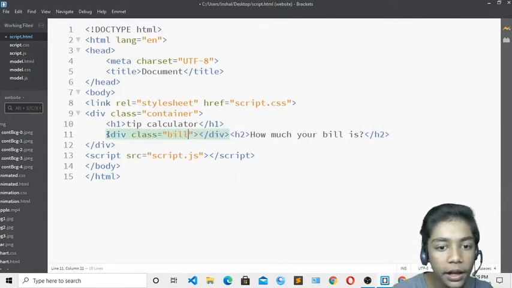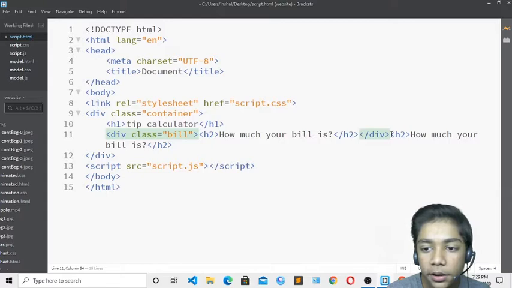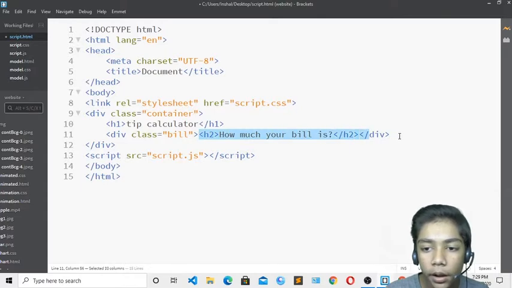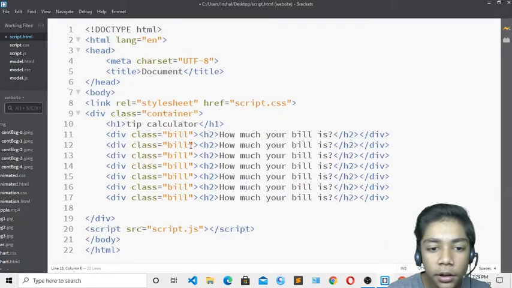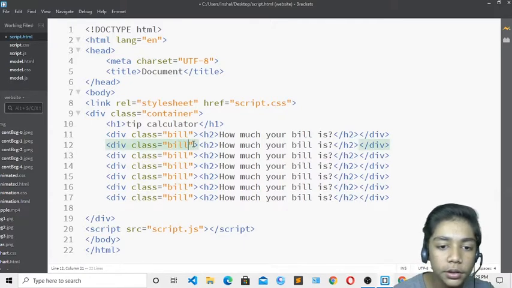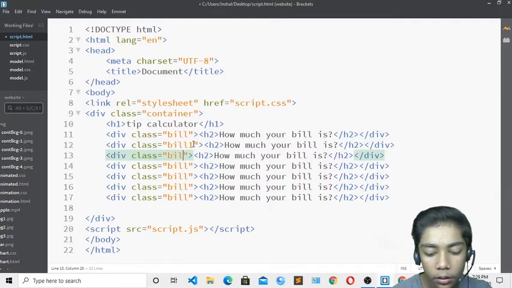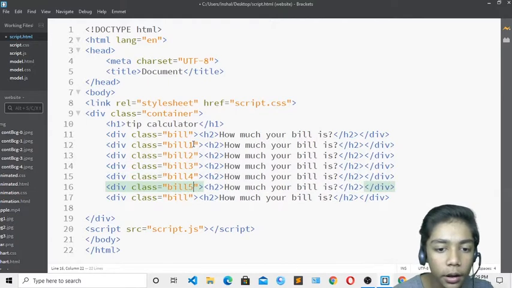Okay, so over here I will just copy this h2 from here, and I will just paste that over here. And I will just erase this one h2 from here. And now when you have done that, just you have to copy these things from here, and here you have to just paste that. And over here you have to just change it to bill 1. So I will just write bill 1, so spelling should be correct, bill 1, then bill 2, and then 3, and then you have to just write the figures over here.